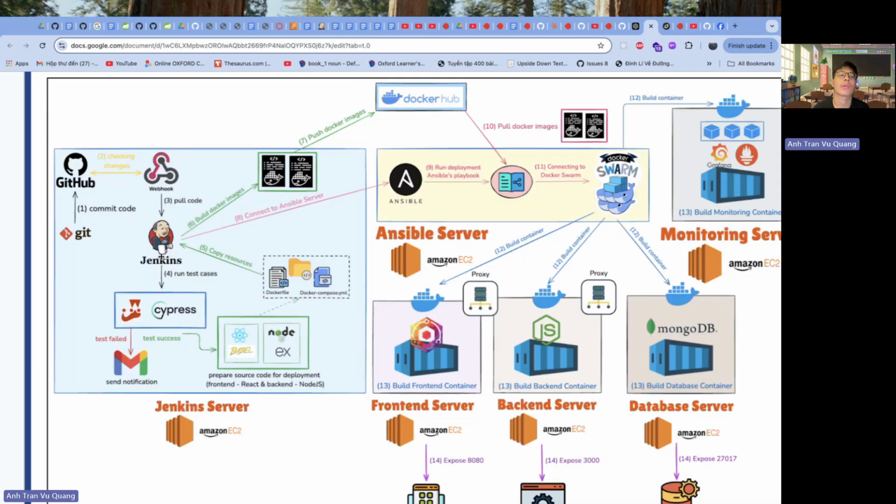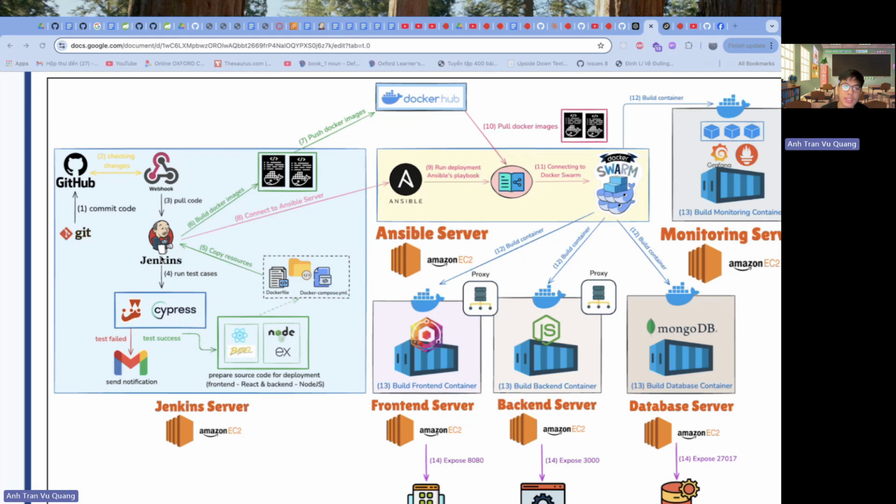Now I want to introduce our application flow for my part, the CI. First, GitHub will detect the committed code from our local repo, and after that, GitHub will send a signal to Jenkins. Jenkins will check the environment, do some pre-build stages, and install dependencies. After that, Jenkins will detect whether the changes are from client or server. If the client, Jenkins will use Cypress to run the test cases to test the web UI. However, if the changes are from the backend, Jenkins will use the Jest framework to run the test cases